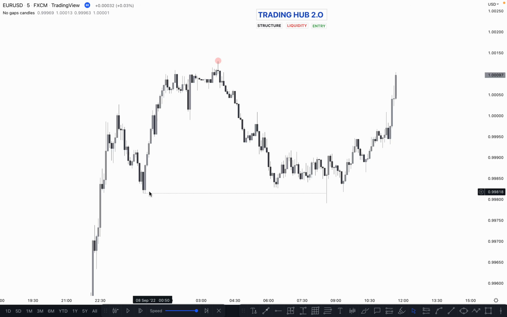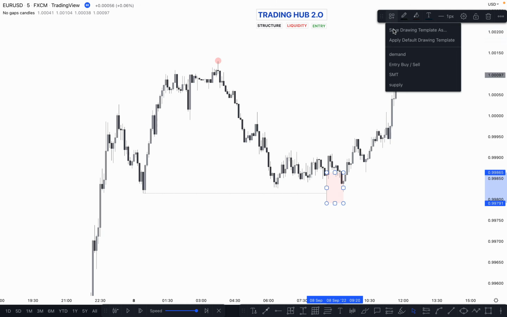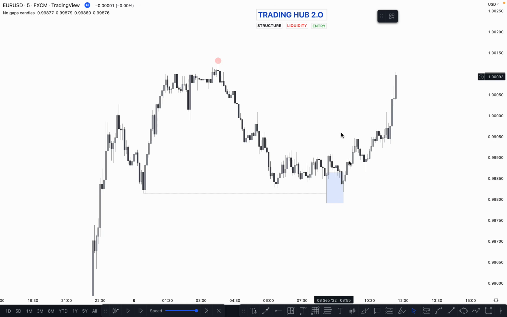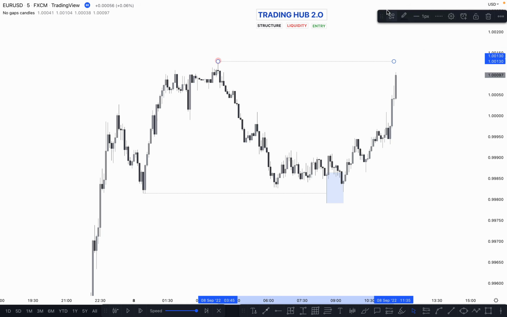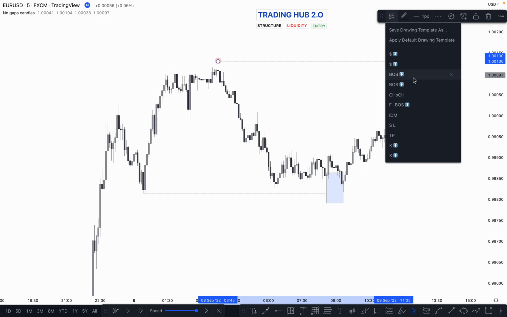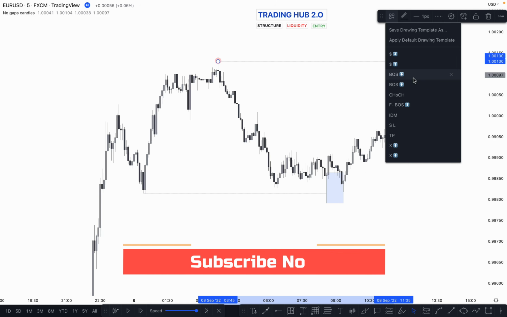So what happened here? The market took out this low, swept this low, and then we can expect price to go higher because the market just swept the liquidity. This entire wick acts like our POI, and this is our bullish POI. Another high is here. In the future, if the market breaks this high, this is called a break of structure, and if the market sweeps this high, this is also known as buy side liquidity, you can say,